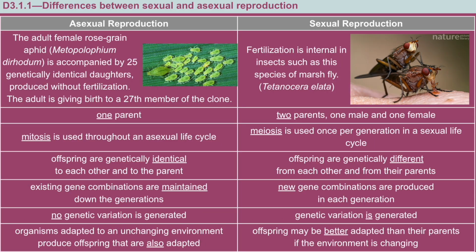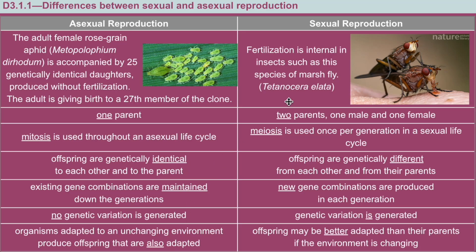First up, let's contrast asexual and sexual reproduction. Asexual reproduction happens when there's one parent. It occurs through mitosis, where one parent becomes two genetically identical offspring that are also identical to that parent. Existing gene combinations are maintained. There's no genetic variation. The benefit is that if that organism is already adapted to an unchanging environment, the offspring are also